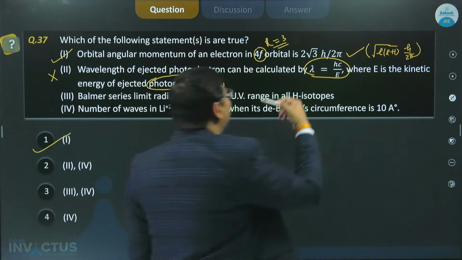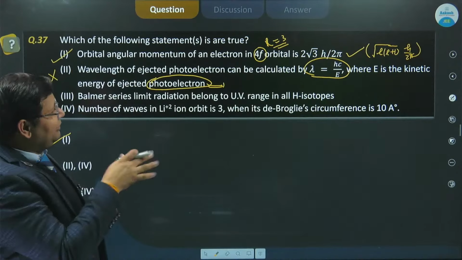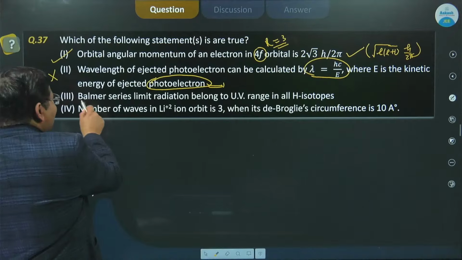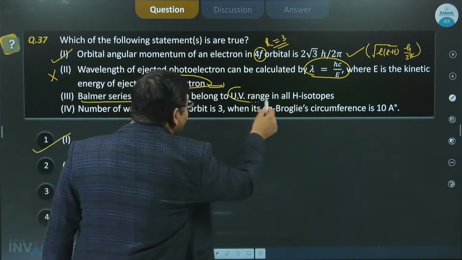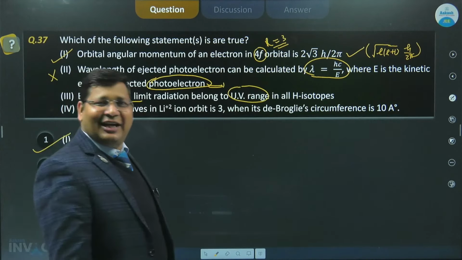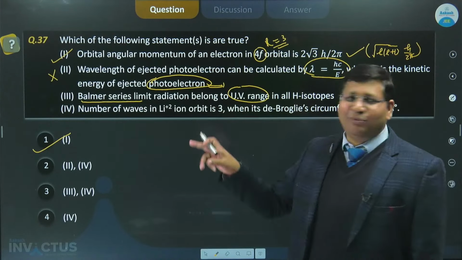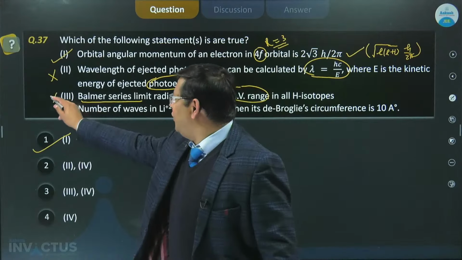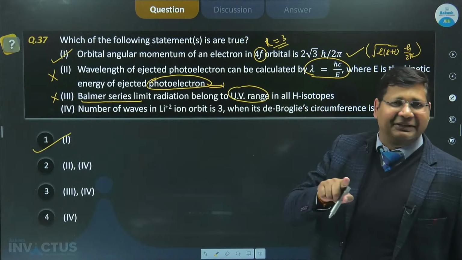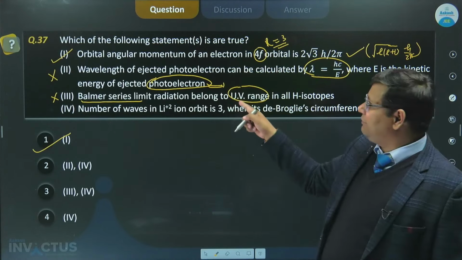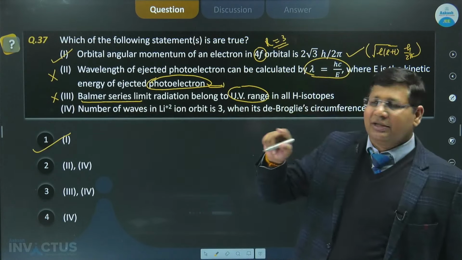तो L की वैल्यू 3 रख दें, F ऑर्बिटल को पहचान लिया हमने, तो सिंपली फर्स्ट वन इज करेक्ट। ठीक है बच्चों, फिर ये रिजेक्ट हो गया। बामर सीरीज रेडिएशन UV, बामर सीरीज हाइड्रोजन की विजिबल रीजन में लाई करती है। तो पहले UV रीजन बोल दिया तो ये गलत हो गया। दिस इज रॉन्ग बिकॉज इट शुड बी इन बामर रीजन, राइट। और बामर मतलब विजिबल रीजन, कलरफुल स्पेक्ट्रम जो दिखाई देगा दैट इज इन विजिबल रीजन।